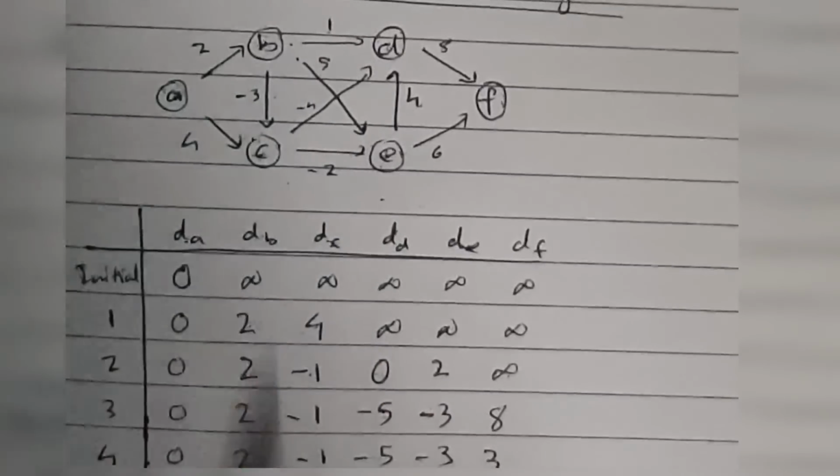Okay. So after getting this table, what you have to do is, the task is very simple. You have to see the last row. Okay, these are the shortest paths. So you have to just write here from A, the shortest path to A is 0. Okay, for the first value. Then from A to B it is 2. These are the shortest paths from the source vertex A to the respective vertices in this graph. Okay.